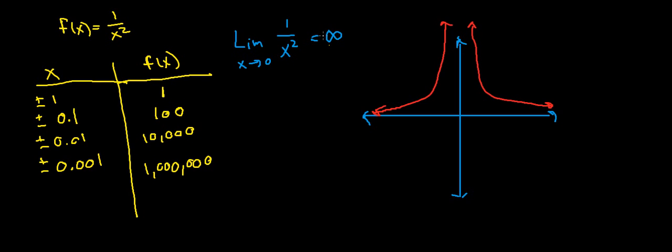But it's not that simple, because this actually gives me a little more information. What it tells me is that there is an asymptote there. So anytime I've got a limit that goes to infinity, as I get closer and closer to a point, and the limit is infinity, then it means there's an asymptote there. So that's one. And the other case is when I take a limit